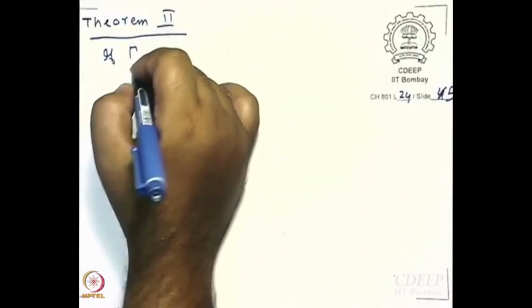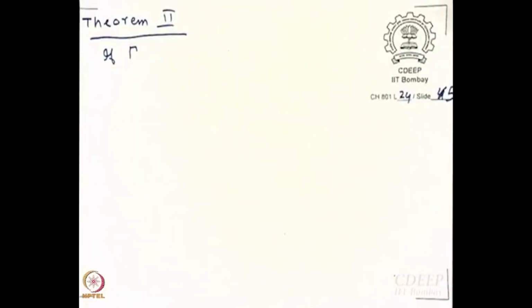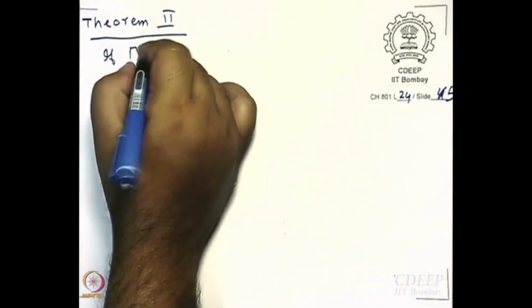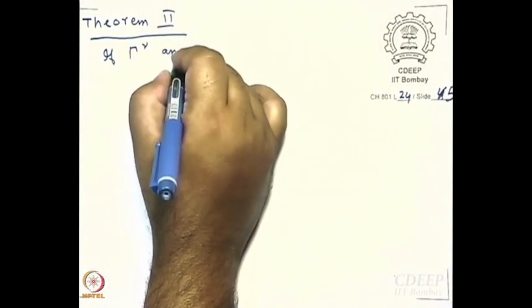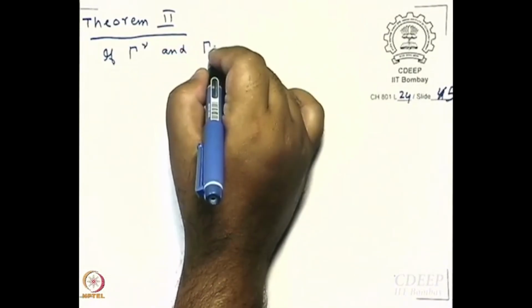Now, theorem 2 is a little more complicated. And what we will do is we will only prove the positive part of it. The negative part you can work out by yourself if you are interested. So, what theorem 2 says is that if gamma nu and gamma mu,